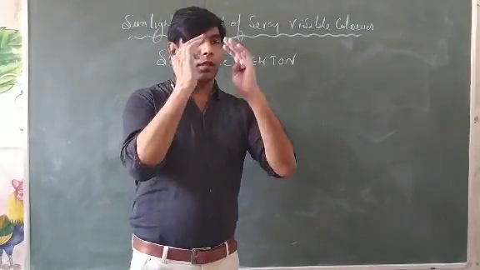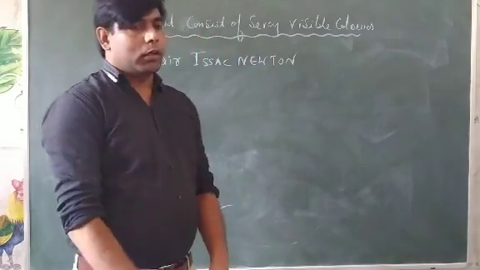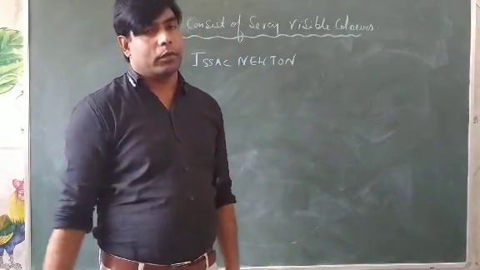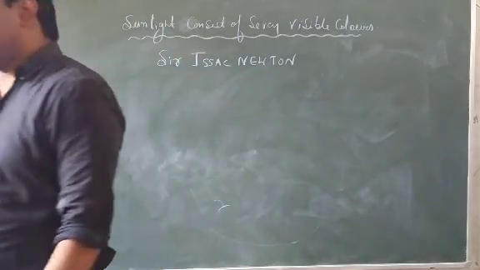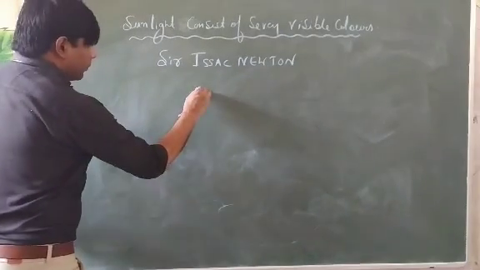Sunlight is made of seven colors. Light from the sun is composed of seven colors. It was proved by Sir Isaac Newton with the help of a prism, right? Generally, if I ask you, you say that sunlight is yellow in color, no. Generally, white light comes from the sun, and when a prism is put in its path, it is split into seven colors.